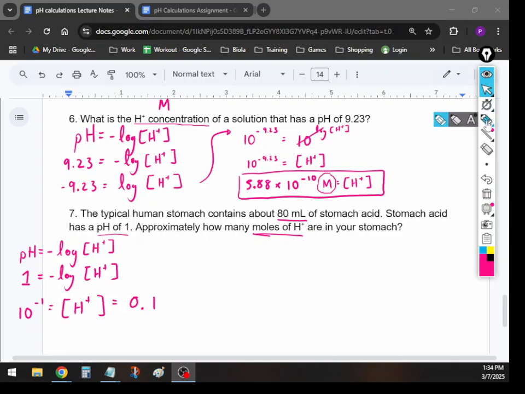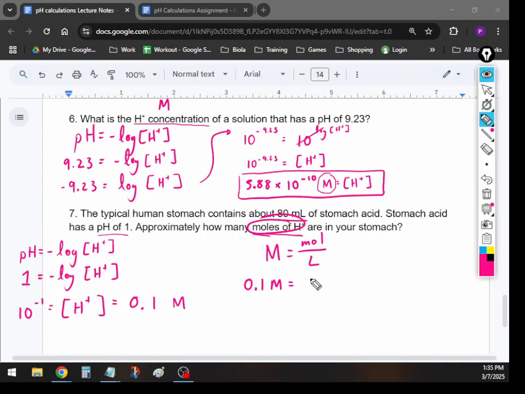All right, so once you get the concentration, again, this is 0.1 molarity. Now, if you guys remember from earlier and from last unit, molarity is moles over liters. We are looking for moles. That means we're looking for the top of the fraction. So we're going to plug in 0.1 into molarity